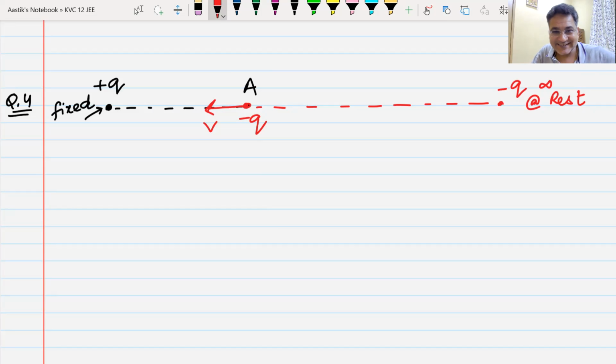Sir, yes, I have an answer. Square root of 2kq square by rm. Looks promising. That I think is the correct answer. It looks promising and it looks correct as well. Well done. See, if you give it a sincere try,